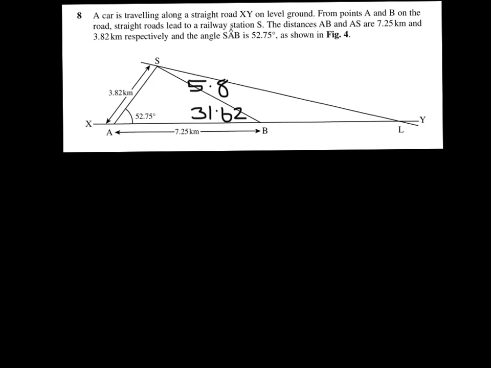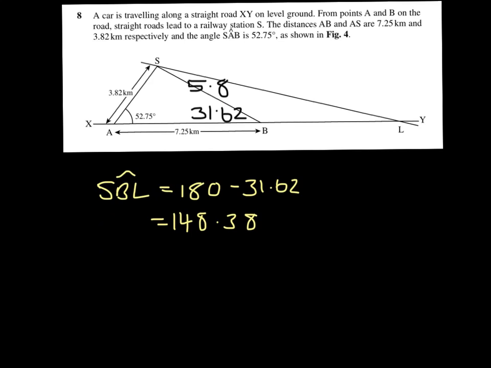5.8 and 31.62. The next angle that we're asked to find is SBL, and SBL will be 180 take away 31.62. So that gives us 148.38. We were told in the question that BL was 8.5, and now if I want to work out SY,